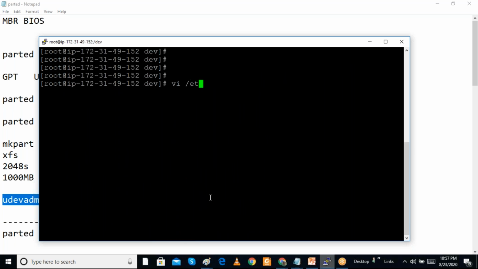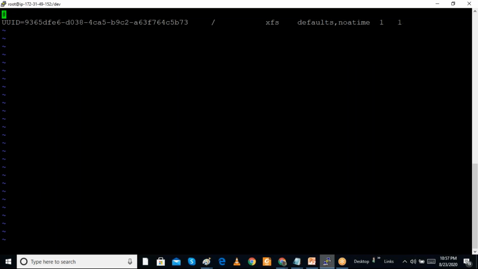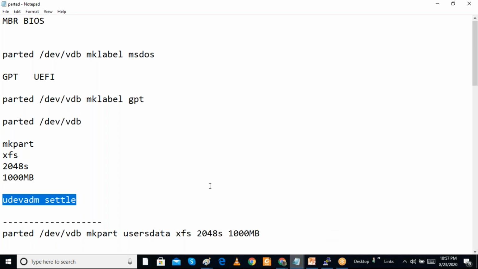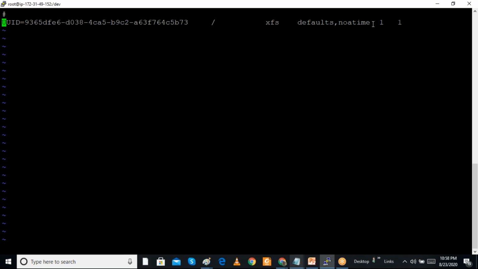We have to give this in the /etc/fstab file. We have to add a line here, the same format as the existing line. I am going to add a second line: my device /dev/xvdf1, which I want to mount to the data1 folder.